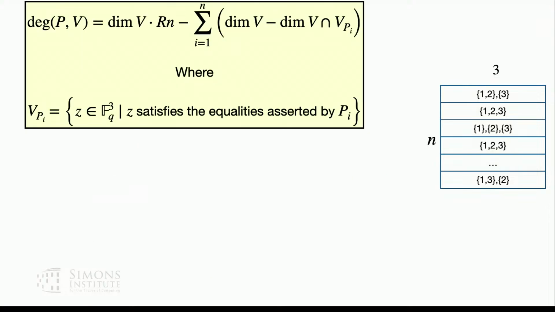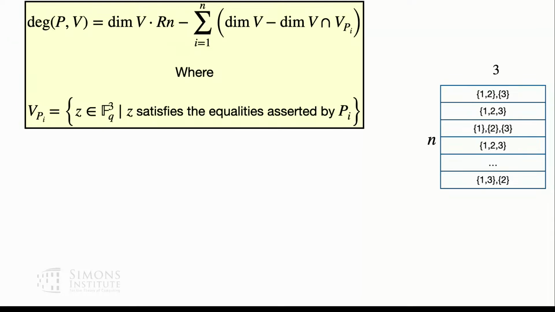And this is just formally saying what would be the number of degrees of freedom that we have now. In general, if we want to impose that the row span is V, the number of degrees of freedom that we have is the dimension of V times Rn. So for example, if we impose this specific constraint, then the dimension was 2, so we had 2Rn minus